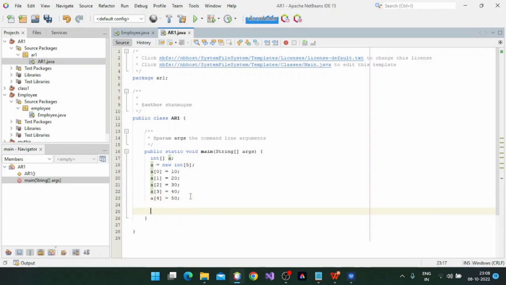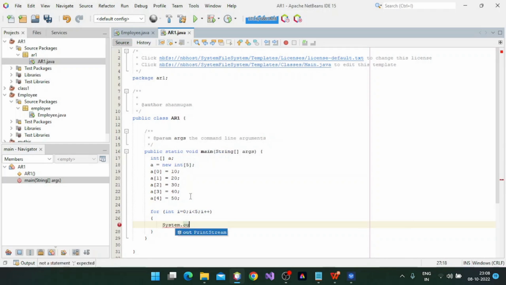Okay. So for accessing this array, you don't have to type print a of 0, print a of 1, print a of 2, print a of 3, like that. You can use the for loop. For integer i is equal to 0, i is less than 5, i plus plus. i plus plus is nothing but an increment operator. So now what I will do is System.out.println,